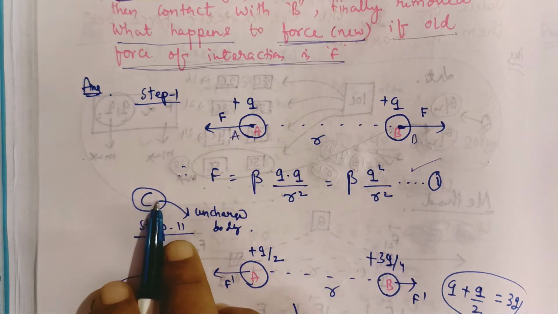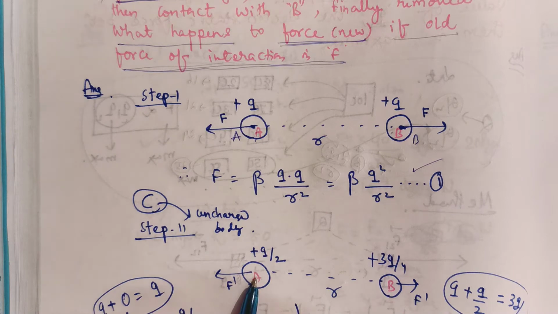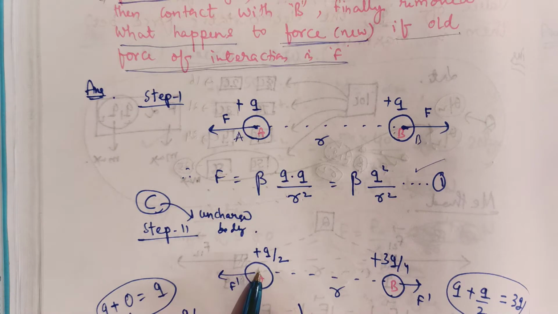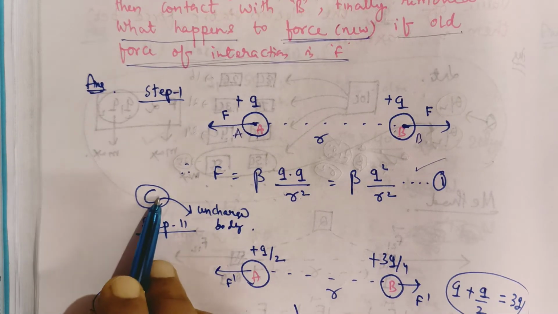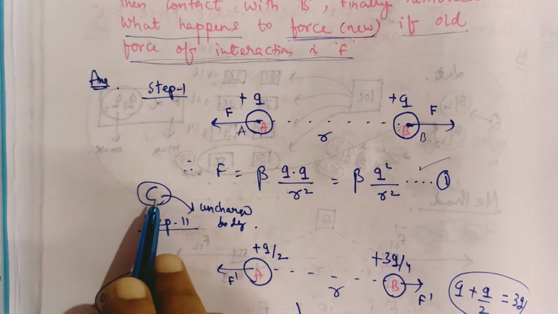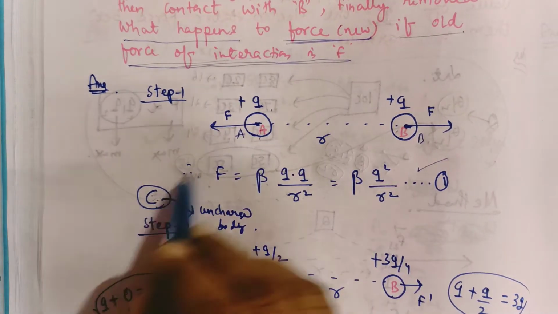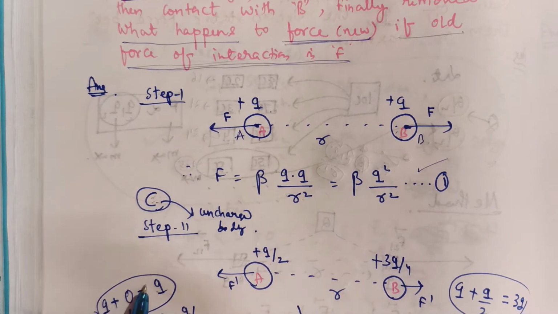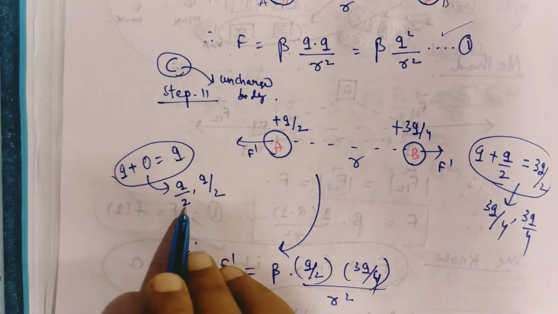First the uncharged body C comes. It will touch A. Here you see, this is touching A. This is the conduction method, charge will be shared. How will it share? Similar bodies. Here charge is 0, here charge is Q. Initially here charge is 0, here charge is Q. They will be added, 0 plus Q is Q, and equal bodies means they will share equally. So Q is divided into two parts, Q by 2, Q by 2.